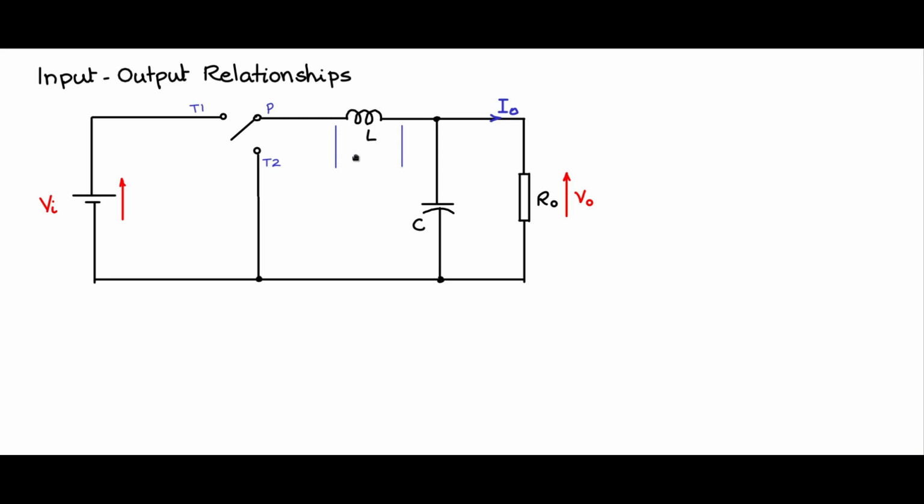Now the inductor. When you want to apply the volt-second balance, you have to look for the inductor or the coil in the circuit and take the voltage across that coil. So you go to the inductor, take the voltage across that and mark that VL. Look at the way I have put the arrow. What it basically means is that when you are making a measurement using a physical device or virtually, you have to mentally keep the common of the probe here and the measurement probe on this side. That's what the arrow mark indicates.